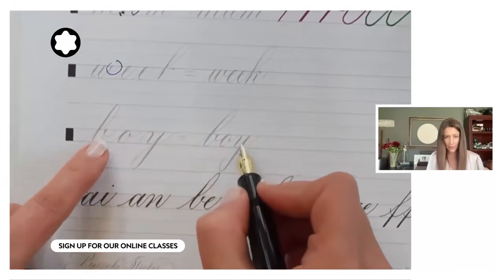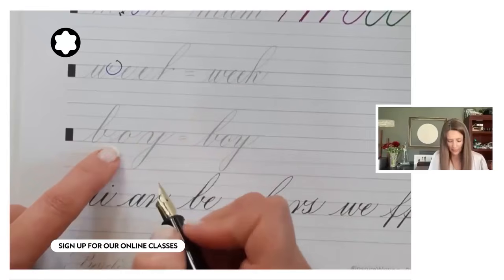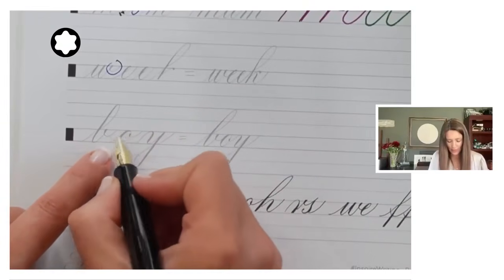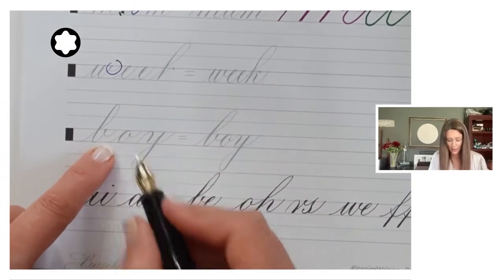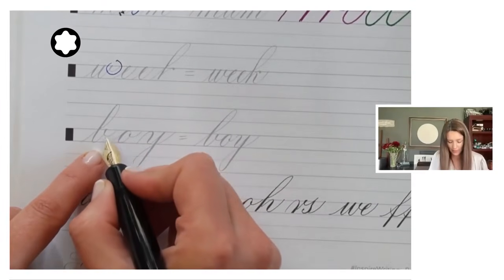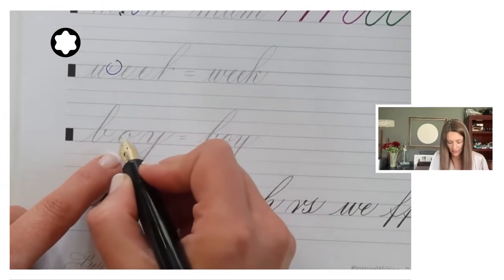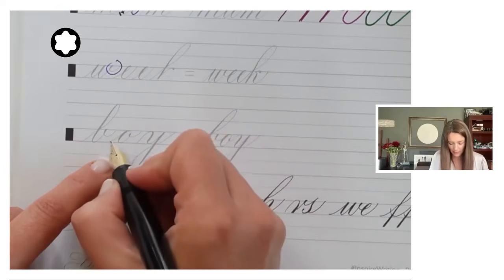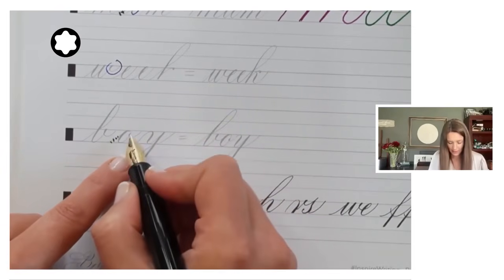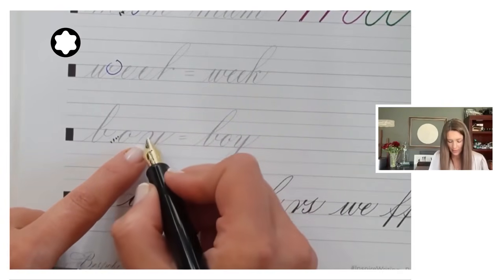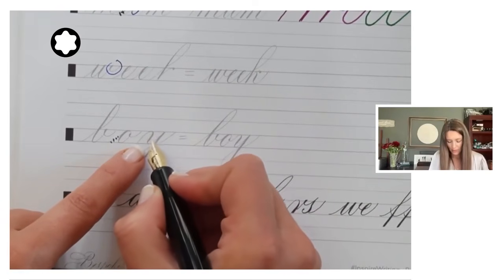I'm going to go straight down to the word "boy" for time's sake, but I've got two letters in a row that have this upper exit stroke. So once again, the exit stroke from the B is going to become the entrance stroke to the O. So I'm going to get rid of this guy. And then we've got this exit stroke from the O that's going to become the entrance stroke for the Y,